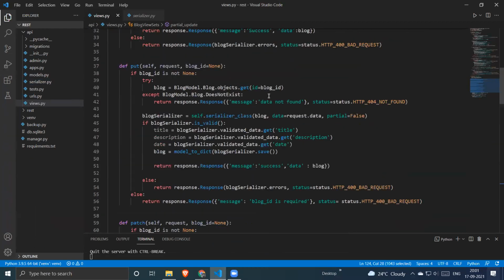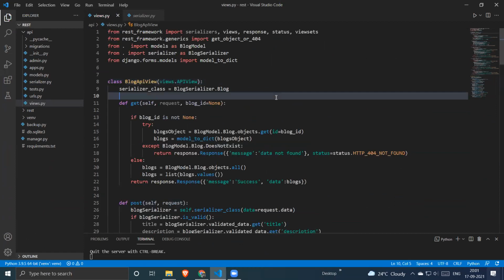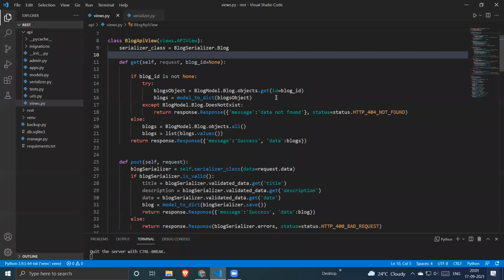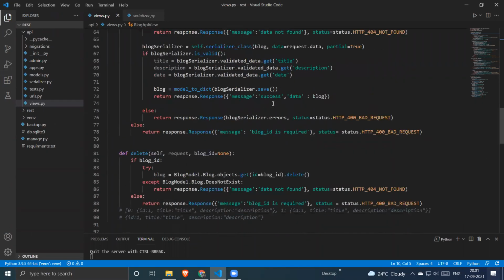If you are dealing with multiple models, for example, you have a condition where you have to update multiple model files or model classes. Let's say you have a user profile and user object. If you have to update these two models in one single operation, then I'll suggest you go with the API view, because it's a complicated operation to perform in an API view set as well as in a model view set.